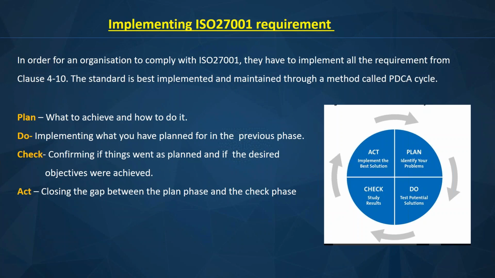So remember, the plan phase is where you define what you want to achieve. Say you've just been taken on board as a consultant to help them with implementation of ISO 27001. By the way, ISO 27001 is implemented as a project. It is a project on its own. So there could be a project manager, an information security analyst, and one other supporting PMO who is supporting you. It has a start and an end date.